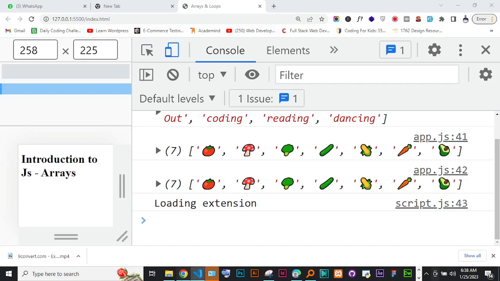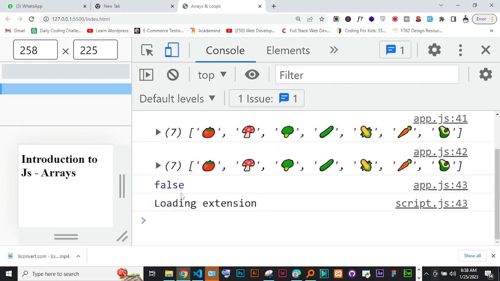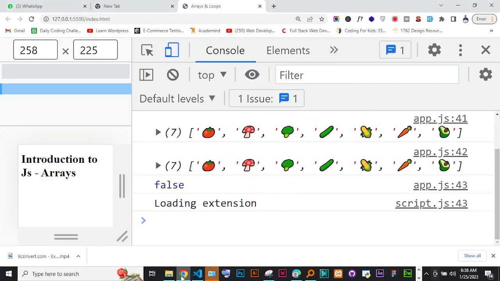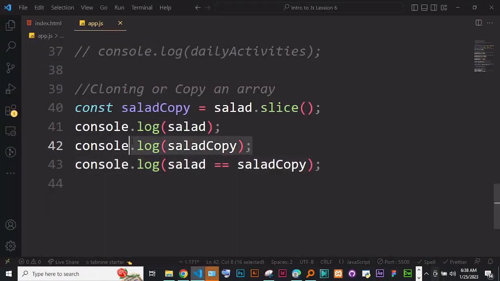It is actually going to return false. Okay, but I guess if you did true, it would give you true at some point. It still gives you false actually. So you can see they tell that this array is not equal to this one, they are so different. After you have cloned it, this is a very, very different array, and to show you that it is a very different array,